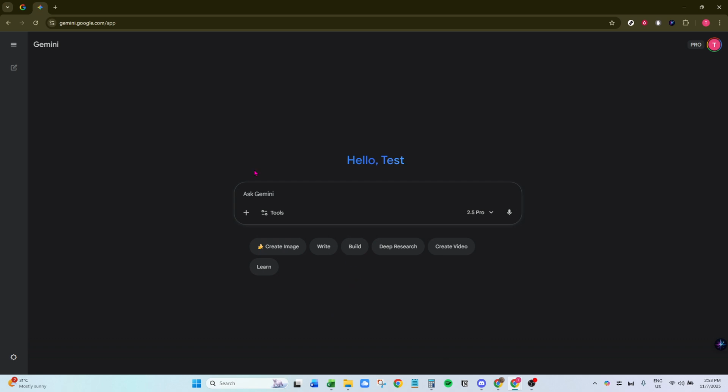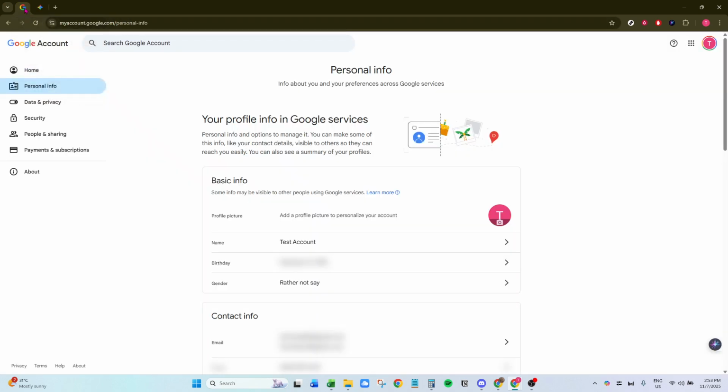This is essential as we'll be navigating through Google accounts, and Chrome provides the most seamless integration with Google's various services. Once Chrome is open, direct your attention to the address bar at the top of the screen. Here, you will type in myaccount.google.com. This URL takes you directly to your Google account settings dashboard, which houses all the necessary configurations and settings related